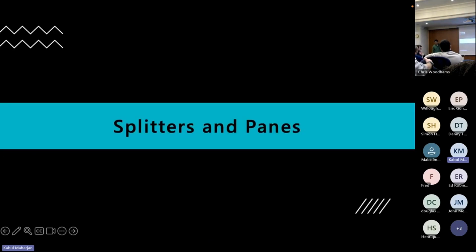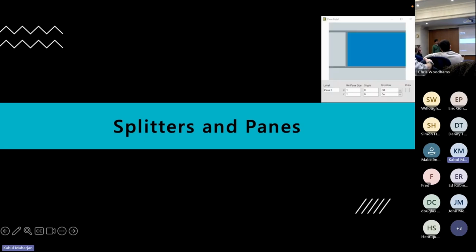The next thing is splitters and panes. Has anyone not heard of Pane Relief? Not physical pain relief, but PANE relief. No? Okay, so that's a good point to point this out. There's a tool in VI Package Manager called Pane Relief. What it basically does is pop up a simple dialog, not quite a modal dialog,